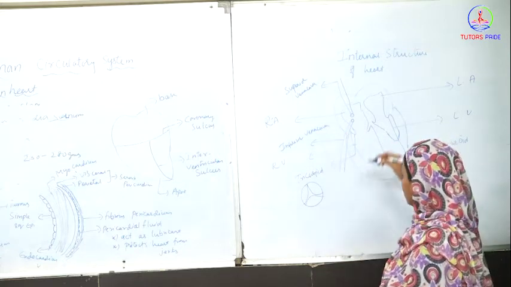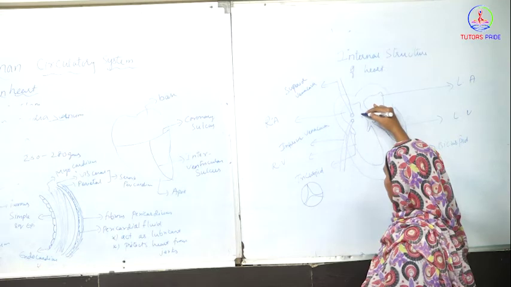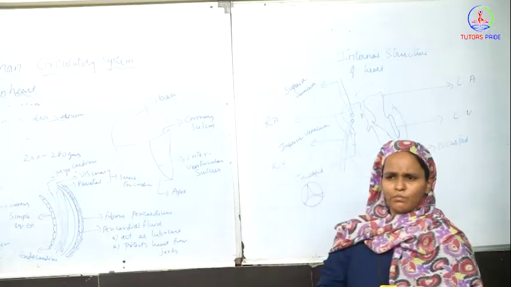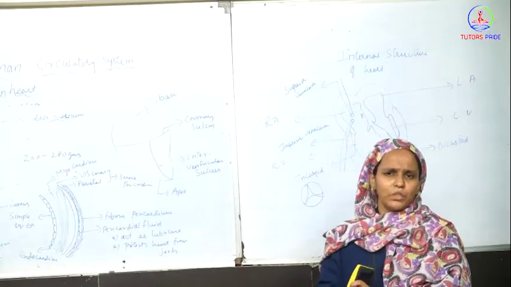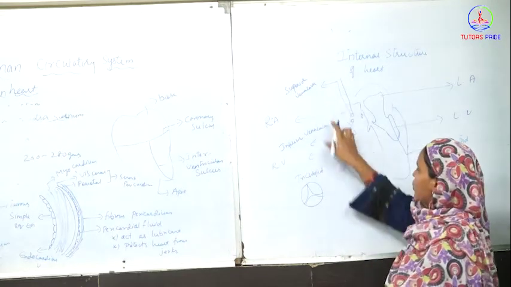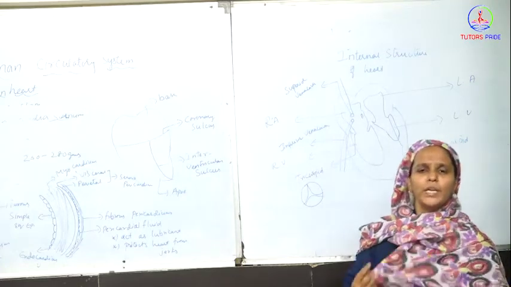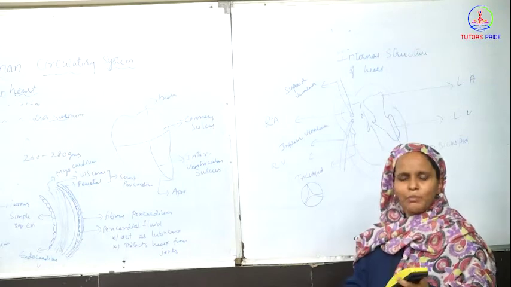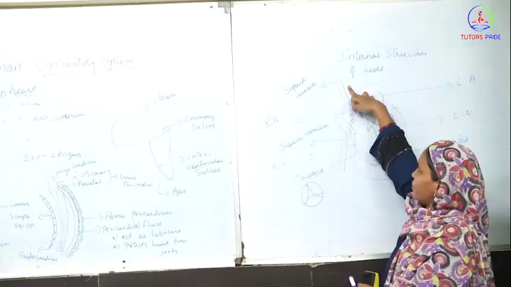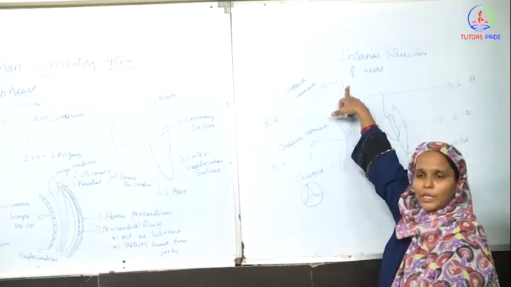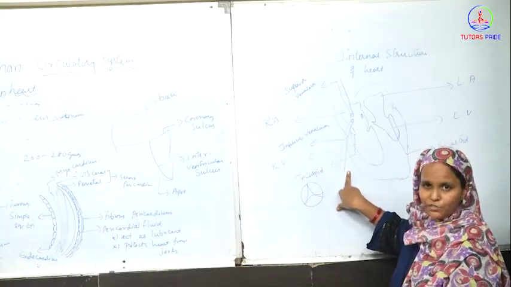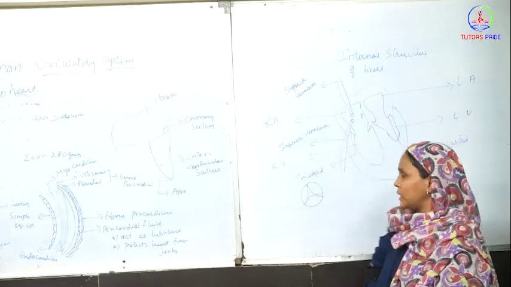Now one more will be there, that is the coronary vein, which brings the blood from the walls of the heart. Let me tell you about the superior and inferior vena cava. As veins, they bring impure blood from different parts of the body to the heart. The superior vena cava brings blood from the head and neck region, and the inferior vena cava brings blood from the limbs and the abdominal region.